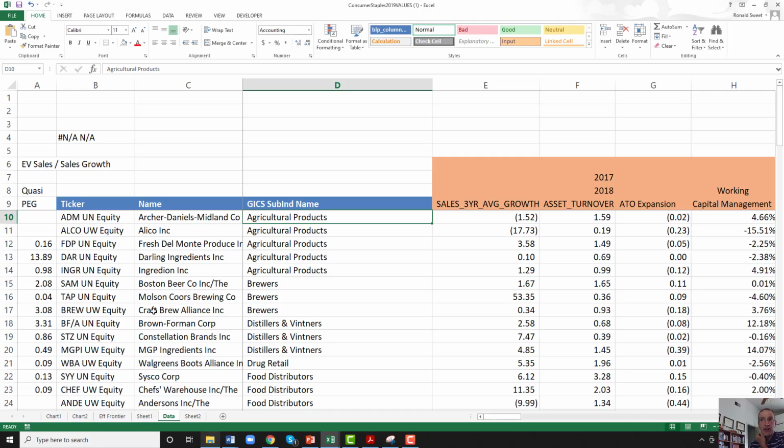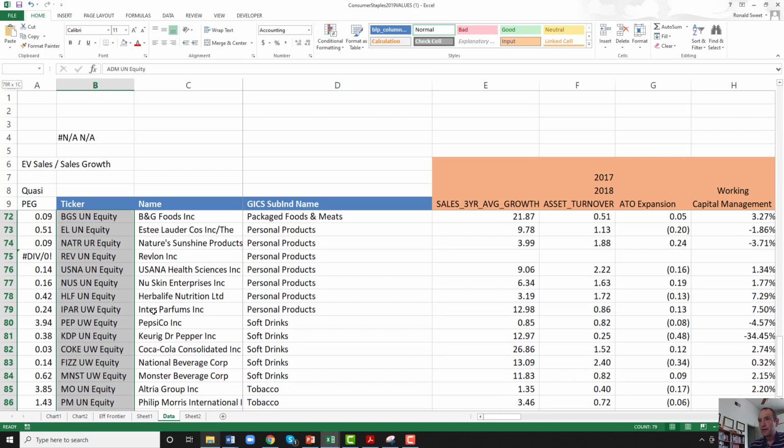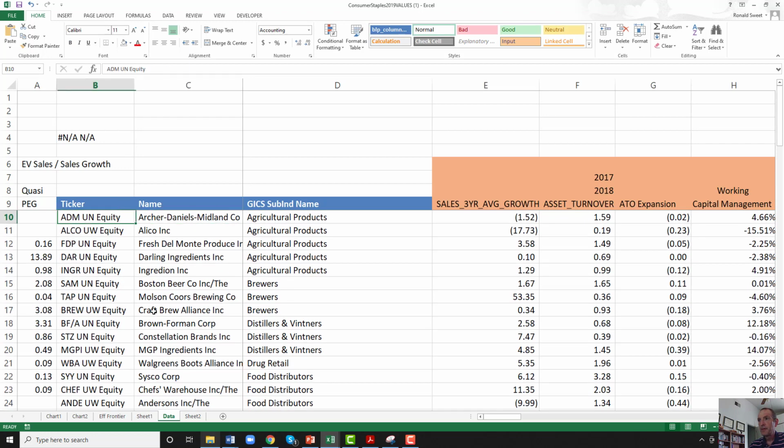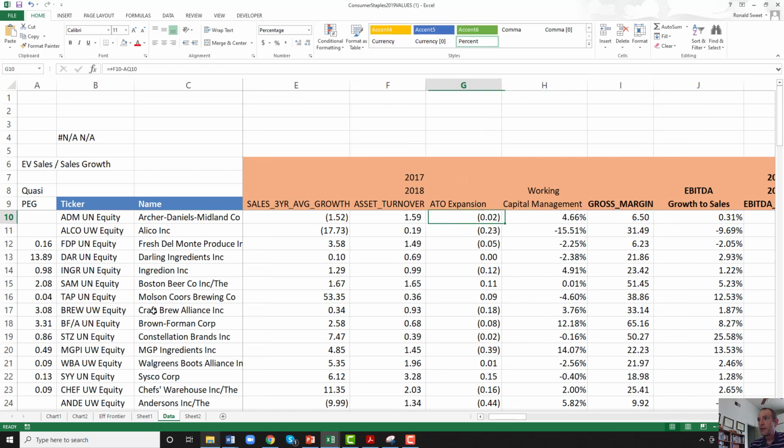Here's an example of a relative value model. We've got 79 companies here in different types of consumer staple types of products like agriculture and brewers. And so we bring in several pieces of data. This data is a little old, but you can update these things at any time on the Bloomberg machine. It only takes a few minutes. And you've got data, you can do thousands of companies and hundreds of pieces of data